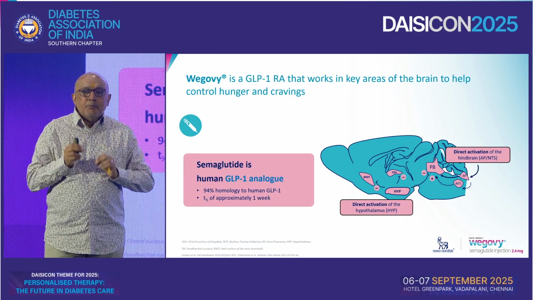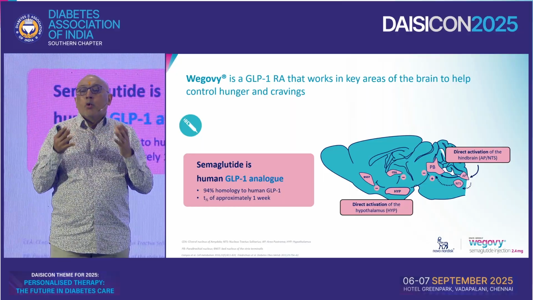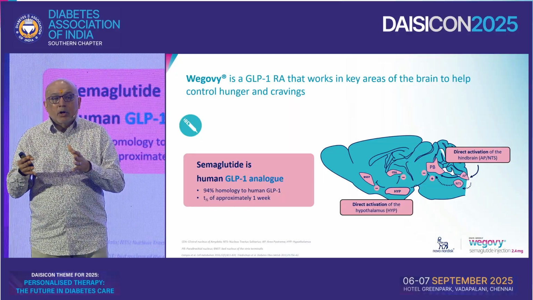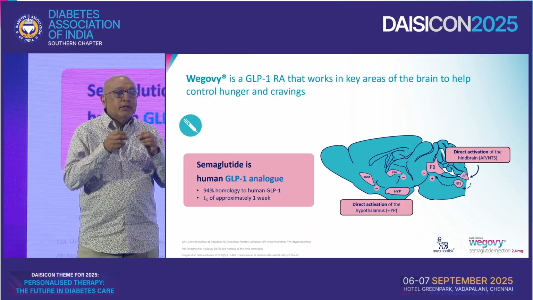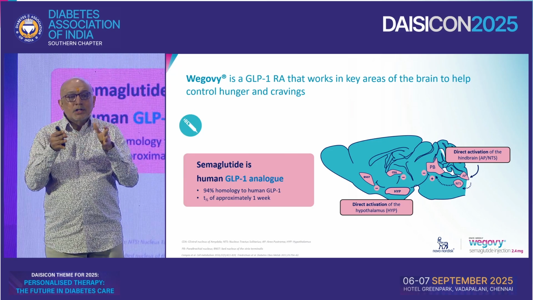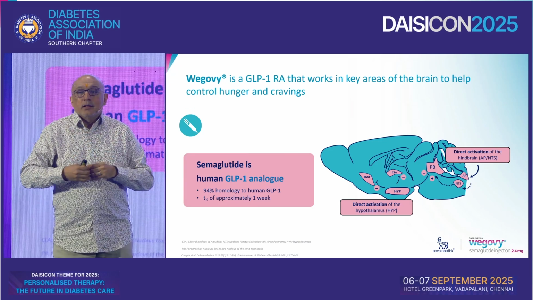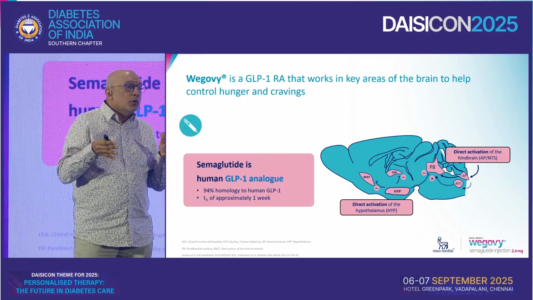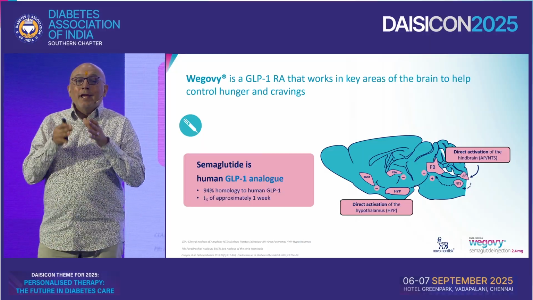Now, the second part, which is the most important part for us, is that eating is also a reward. We eat because it makes us feel good. When we eat, these reward centers are stimulated. And these reward centers are feeding into the hypothalamus and saying, I know you don't need this food, but go ahead and eat because it makes me feel well.